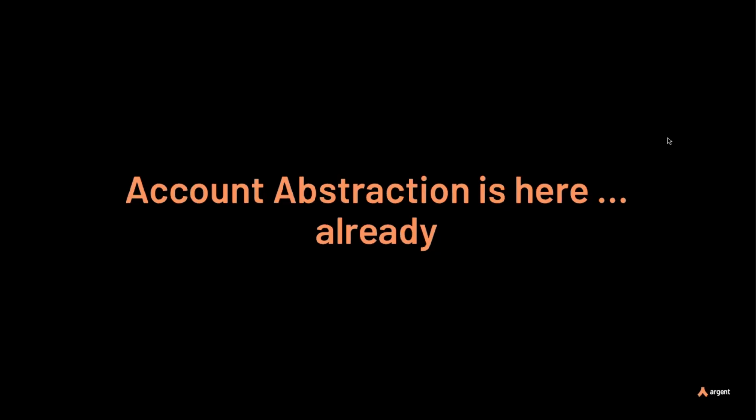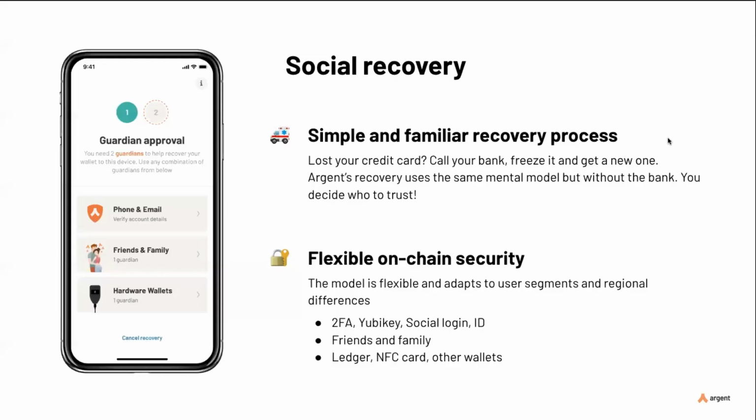Now, zkSync Era, as you know, is pretty young, right? It's been live, at least on mainnet, for only a few weeks. But I just want to go through a few examples to show you that account abstraction already is there, that there are use cases, that the tech is working, and that all we have to do now is basically take that tech and use it to build on zkSync Era, which is a perfect network to do so. So just going very, very quickly through a few examples.